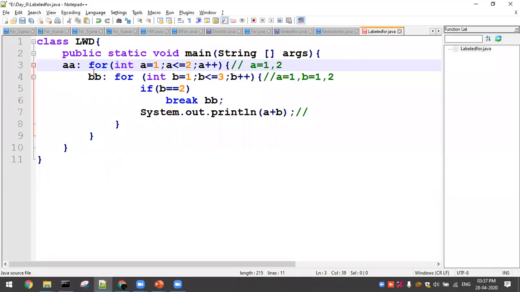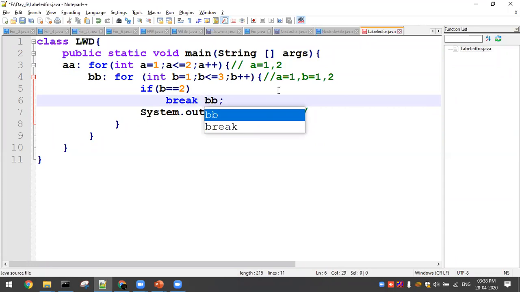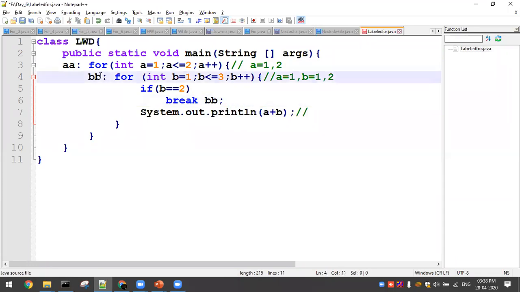So in case of a labeled for loop, whenever I just want to break a particular for loop, in a nested for loop, you will have a for loop inside a for loop. Generally you will give a break, but it doesn't have any idea which for loop is going to end, right? So for that I'm specifically mentioning to close the inner for loop. In that case I'll give bb, because the inner for loop name is bb and the outer for loop name is aa, right? That is how it terminates a loop.